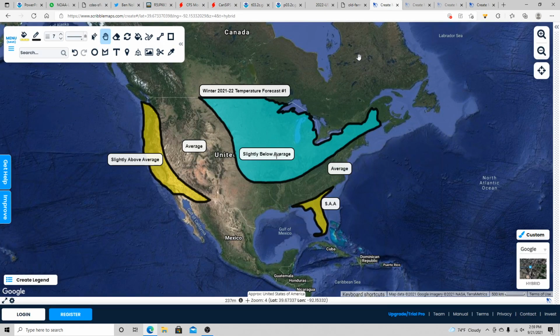But time to check out my winter forecast. Now, I'm going to be pretty conservative on the first forecast because a lot of things could change between now and late November. Late November, early December is when I think about issuing my last forecast. I can't make a final forecast 2 months out. That's definitely not going to happen, because again, a lot of things can change from now till then. But you guys kind of get the general idea at least. So, for temperatures,